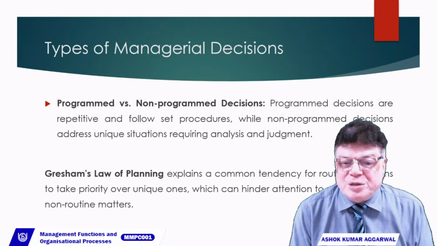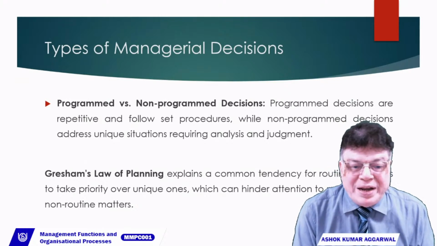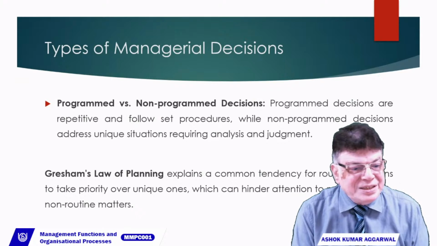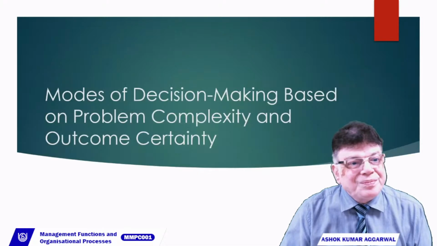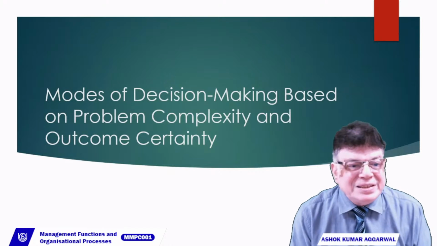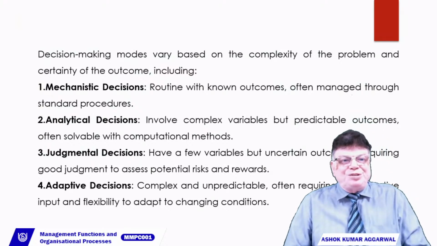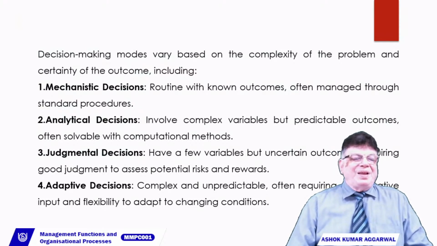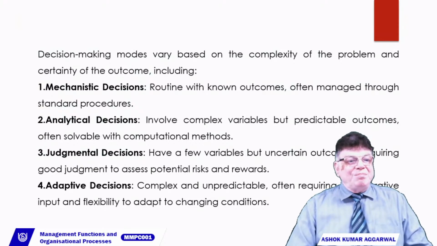Gresham's law of planning explains a common tendency for routine decisions to take priority over unique ones, which can hinder attention to more strategic, non-routine matters. Next is modes of decision making based on problem complexity and outcome certainty. Decision making modes vary based on the complexity of the problem and certainty of the outcome, including